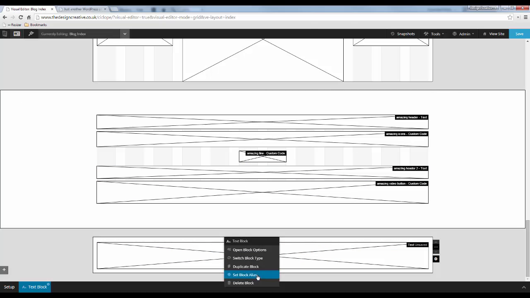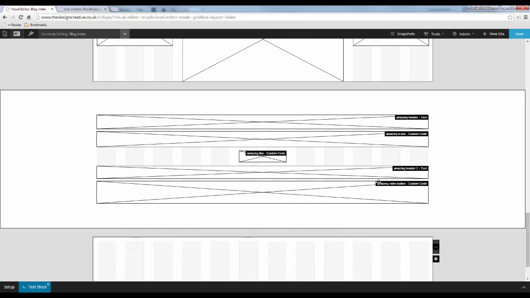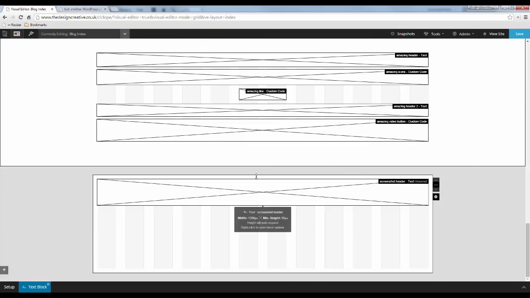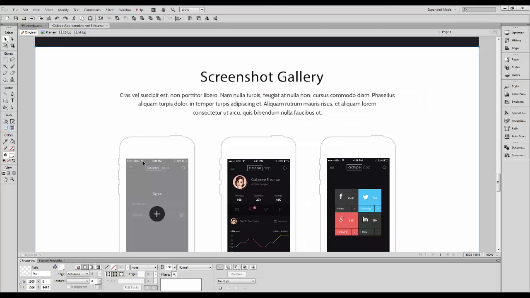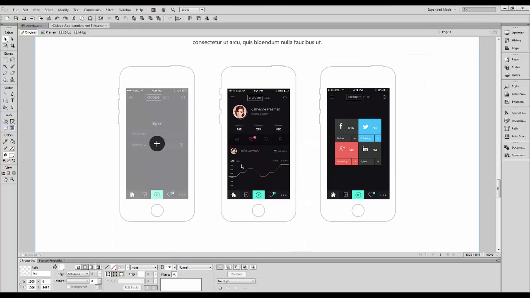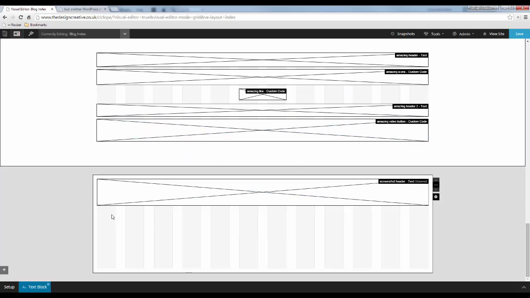Now let's call this text block screenshot header and OK it. Let's give a bit of room, and next we want to add this little features area here. So I'm going to add a Soul Sections block,